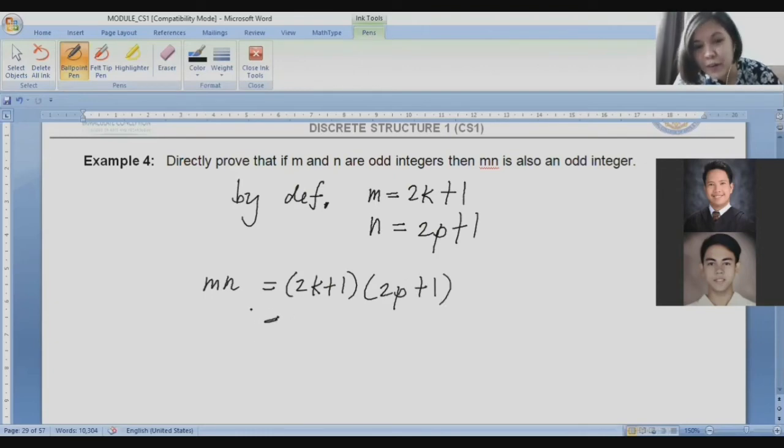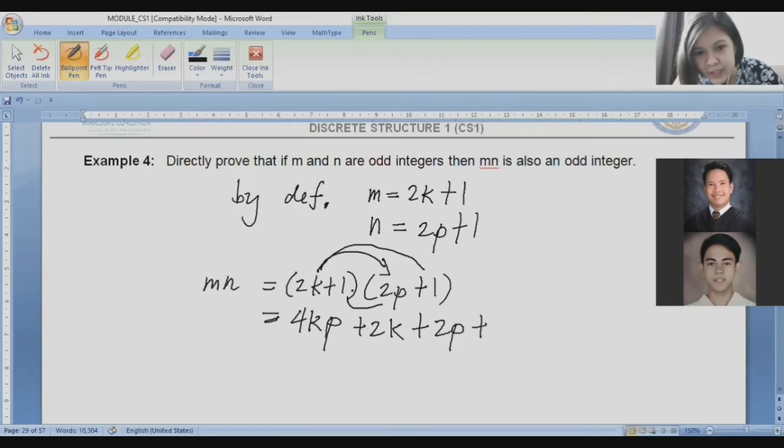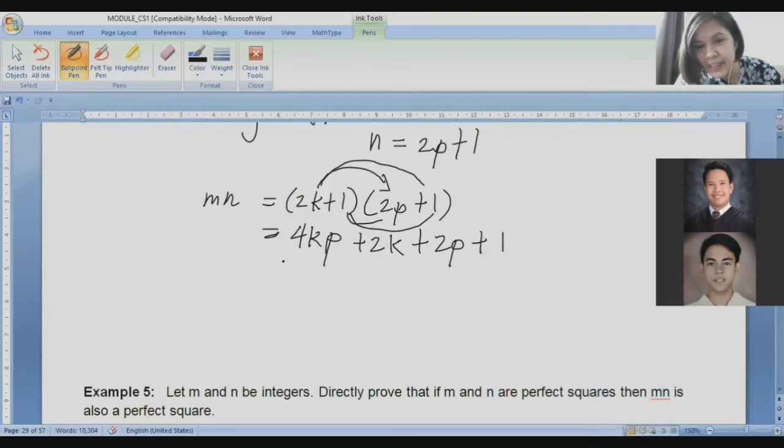Anong gagawin? FOIL method. 2K times 2P. Anong sagot? 4KP. Kaya pa? Next, outer, magkabilang dulo. 2K times 1, 2K. Plus, inner terms. 1 times 2P, 2P. Plus, 1 times 1, 1. Then, ang kailangan ko mapalabas, class, parang ang gusto kong mangyari, magkaroon ako ng T is equal to 2S plus